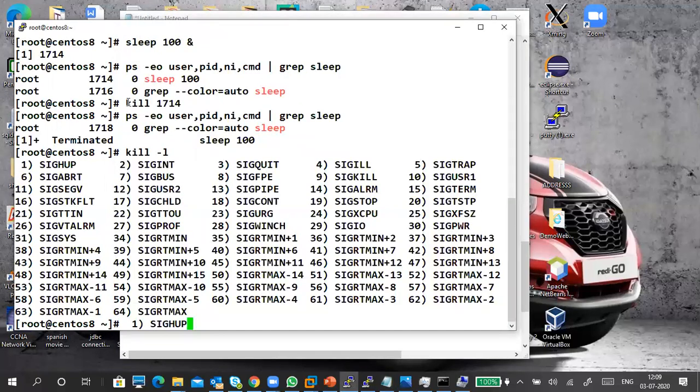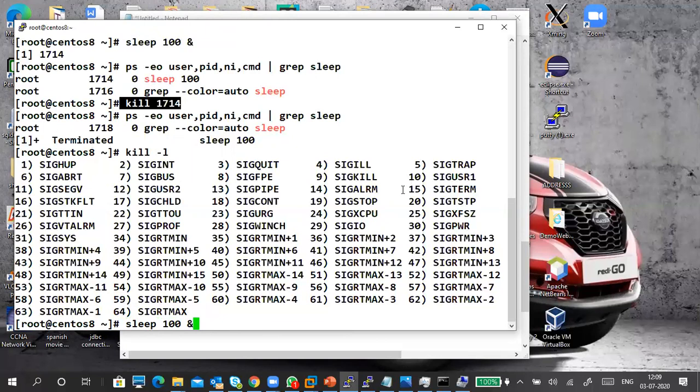When I use this kill, kill 1714, I kill the process, right? But actually I didn't kill the process. I terminated the process. You can see terminated. So we'll do the same practical with the signal. By default, when you are giving like this, it is called terminated.